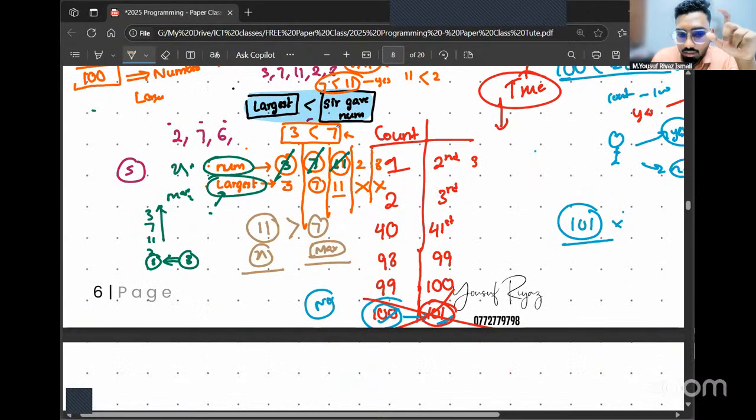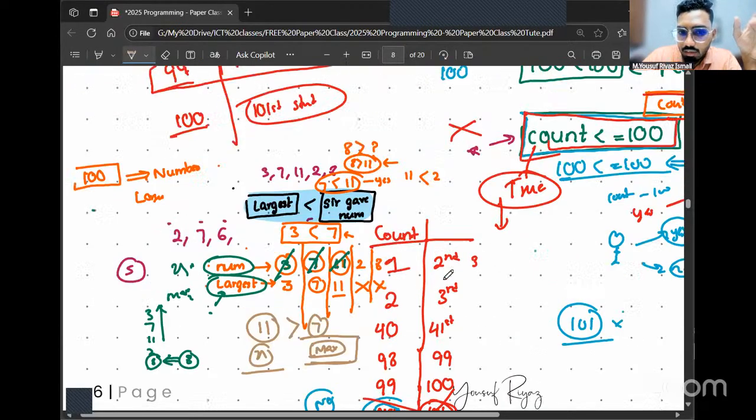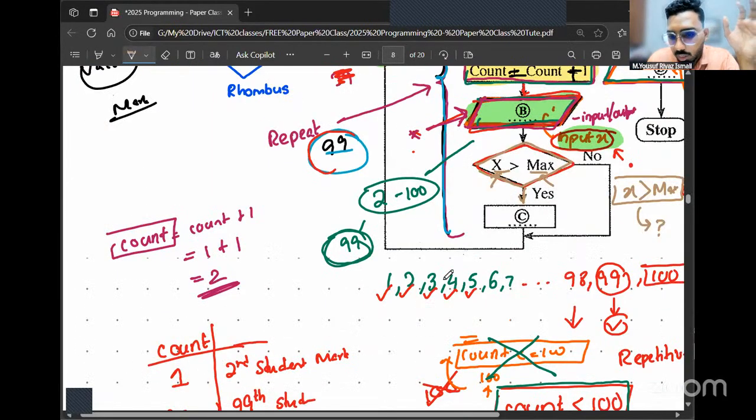Exactly. When the value entered was greater, you have to go and update the highest marks, right? You have to be like, okay, all this time the highest marks was 7. Now we have got a new highest marks. The new highest marks is 11. So what should happen is here we have to mention an instruction saying we have to go and change the value of highest marks. From now onwards, the highest marks has to be the value we got just now, which is max. So max is equal to x.